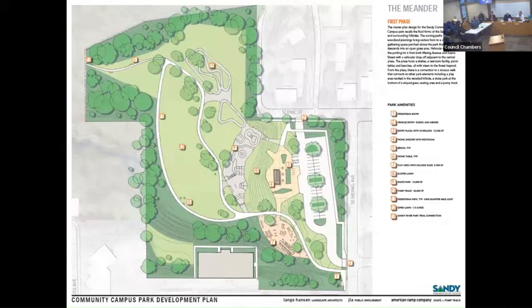There are a couple of minor changes that I'd like to bring to your attention. We still have the parking lot coming off of both Scenic and Meinig Avenue. The plaza area that we had before, we have combined both the restroom and the shelter together to be a little bit more efficient and economical.